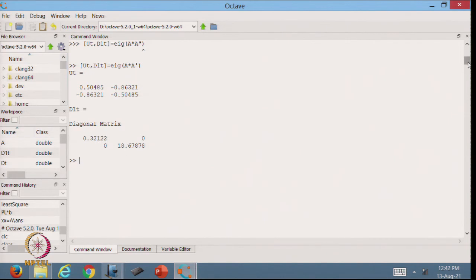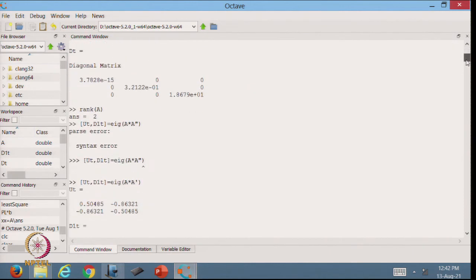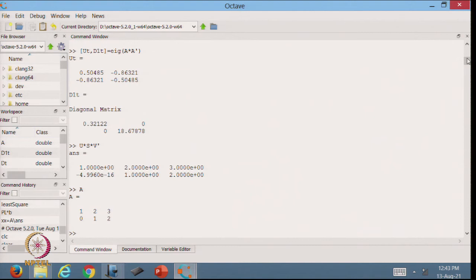So, that is why if you see in the previous example we were not able to get the same matrix, but here we are able to do that. Now from here you can see that if I take my U, multiply by S and then multiply by V transpose, I get this matrix, that is 1, 2, 3 and 0, 1, 2. So, this is the matrix I have started with. We got the same matrix using this value.